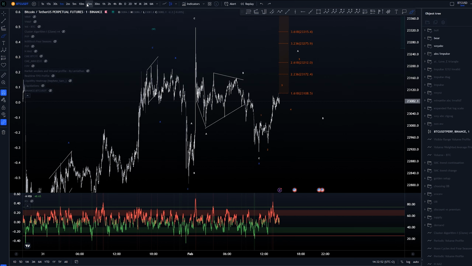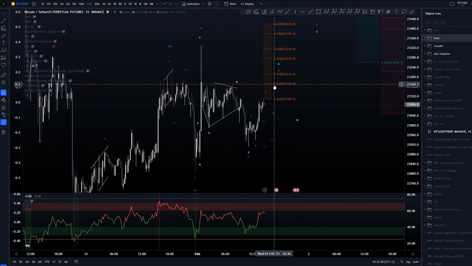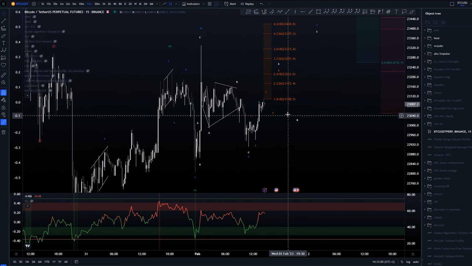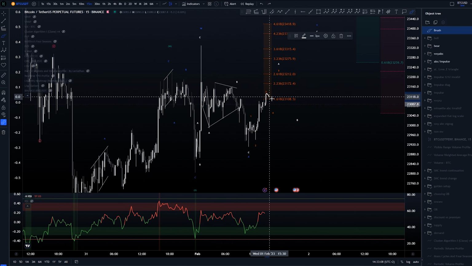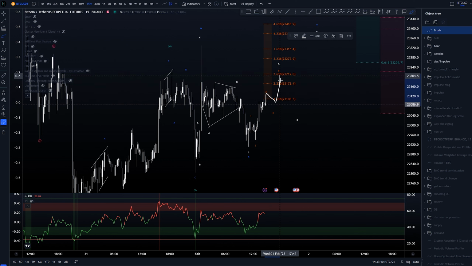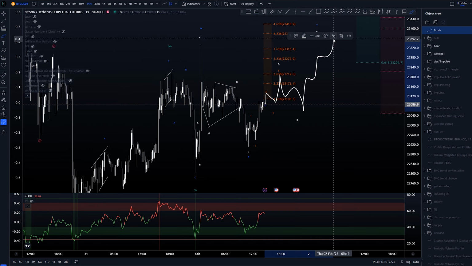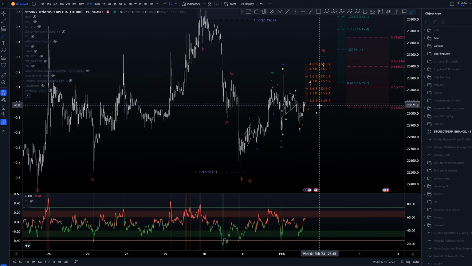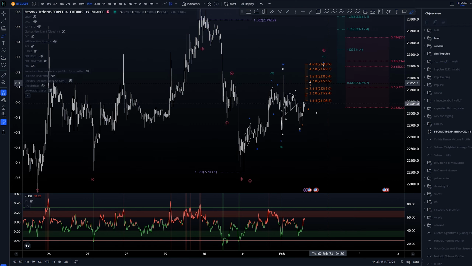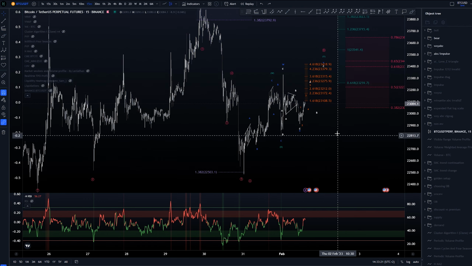Depending on how high this gets, we can be looking for a potential short setup downwards, but again those are not very good to look for. I do prefer the idea of going long at the potential B wave here. If we again create a 5-wave move up like so, then consolidation back down, and then another 5-wave move, this is here where I would be looking for long entries again for up higher. But yeah, that is just me.